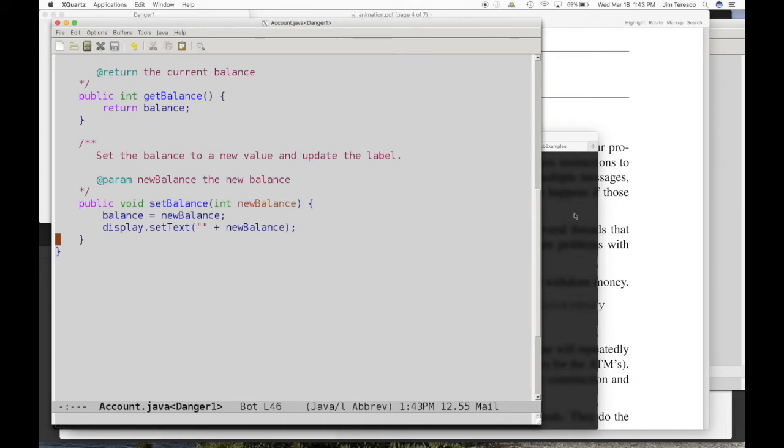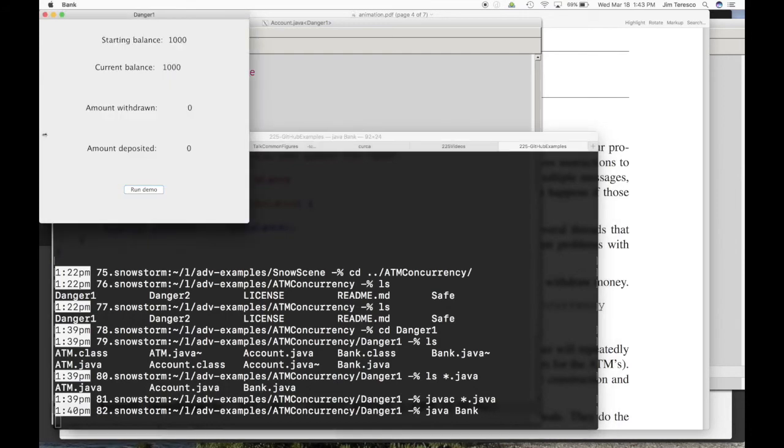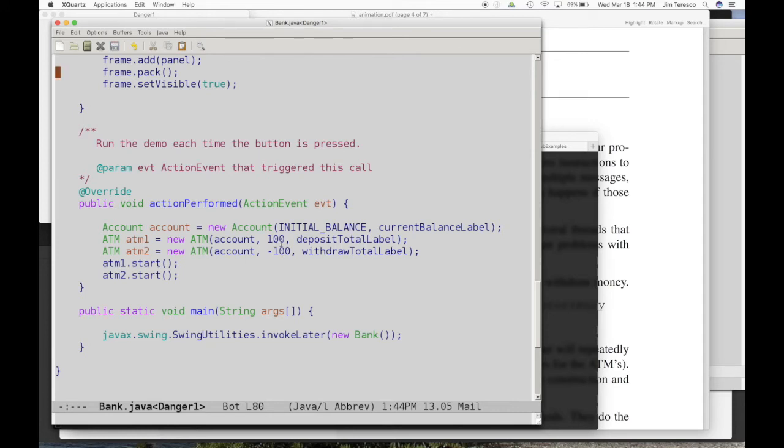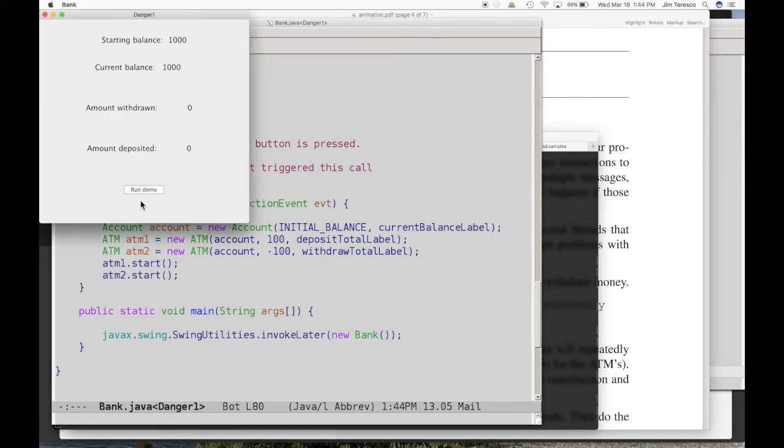But that's all right. So anyway, back in my program, when I click the Run Demo, well, first, let's look back at bank for a second. The two ATMs we're going to create, one of them is going to try to deposit 100 10 times, and the other one is going to try to withdraw 100 10 times. So in the end, after these things each make their 10 transactions, we should have the same amount of money that we started with. So if I run it, we can see that we do all 10 of our transactions,